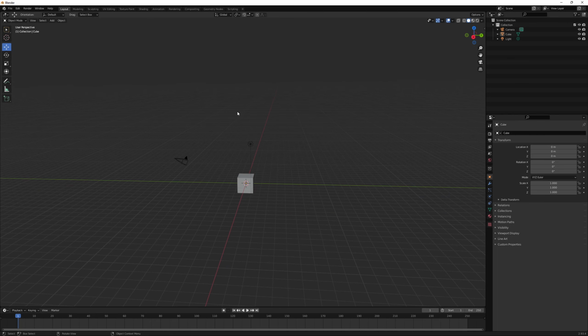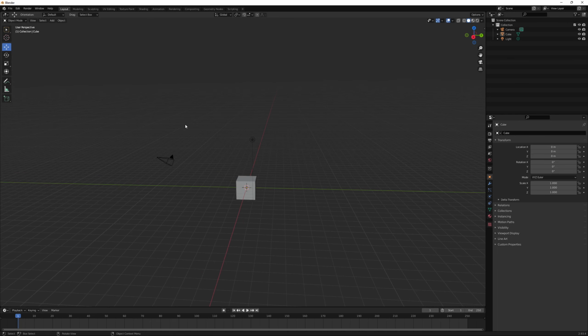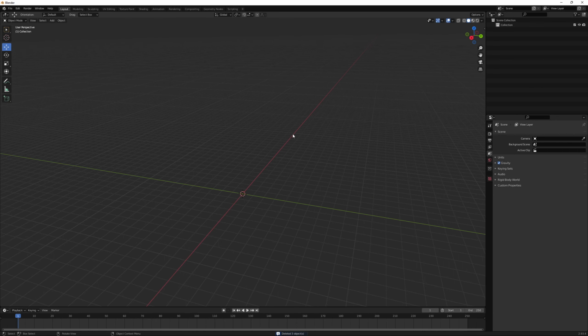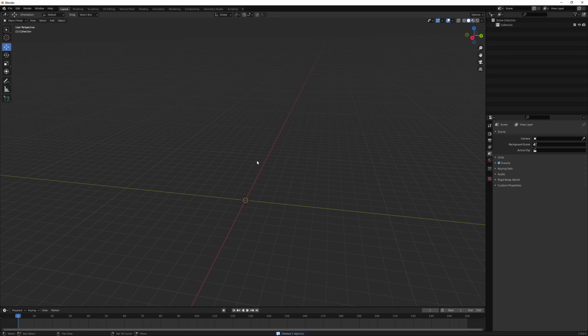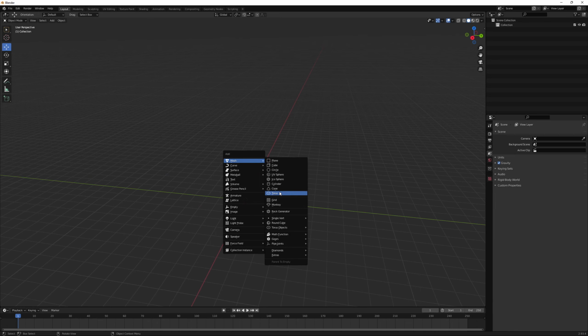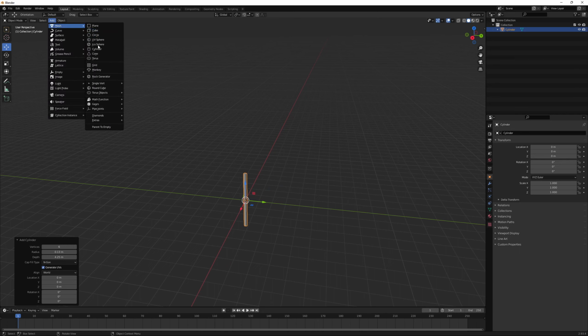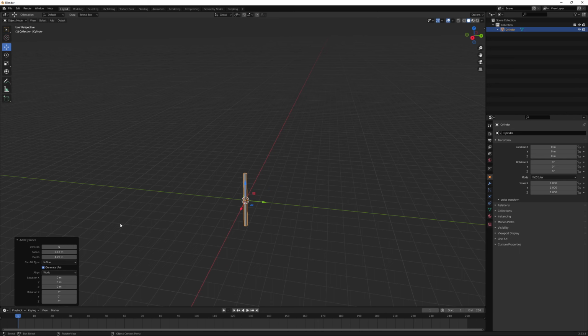So we've just opened up Blender here, and we'll start off by pressing A. We're going to delete that by pressing the delete key. Then we're going to do Shift A, and we're going to choose a cylinder, or you can go up there to add mesh and cylinder. And then you're going to have this menu pop up at the bottom down here. I'm going to click on that menu,